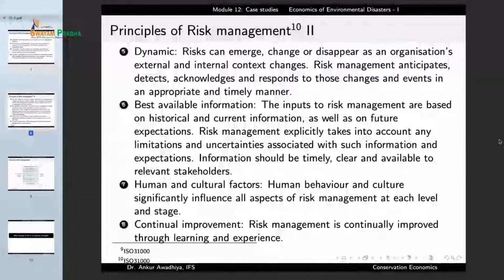Risk management explicitly takes into account any limitations and uncertainties associated with such information and expectations. Information should be timely, clear, and available to relevant stakeholders. So, when we say that it explicitly takes into account any limitations and uncertainties associated with such information, what we are saying is that if you do not know how fast the town is going to expand or how soon people are going to come near your industry,